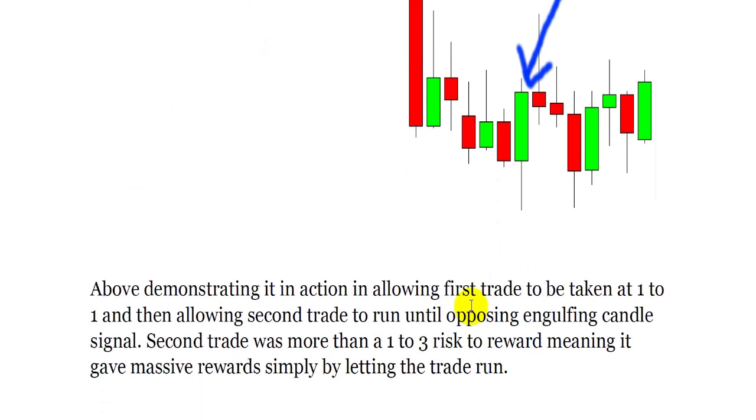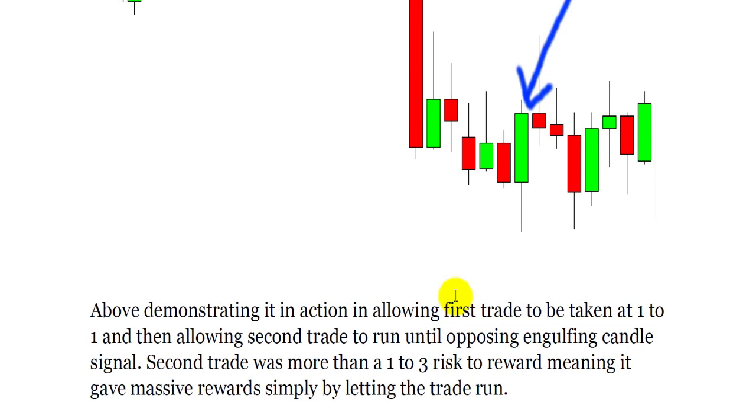Now, let me give you a summary of this chart. Above demonstrates it in action, allowing the first trade to be taken at 1-to-1, right? So you're getting some of your profits off, and then allowing the second trade to run until the opposing engulfing candle signal. The second trade was more than a 1-to-3 risk to reward, meaning it gave massive rewards simply by letting the trade run. Now, this is one of the secrets to trading in general, trading anything. And in a way, this could be a product in itself, learning money management. This is a very, very valuable tip here,